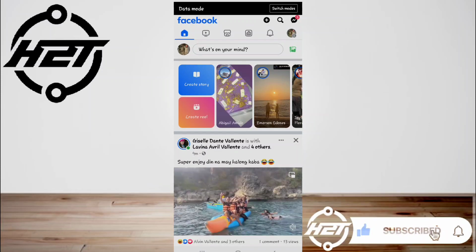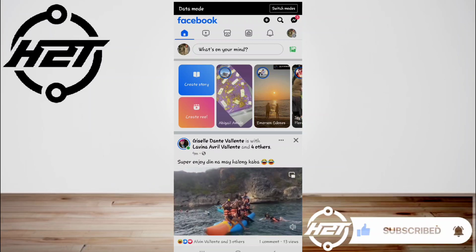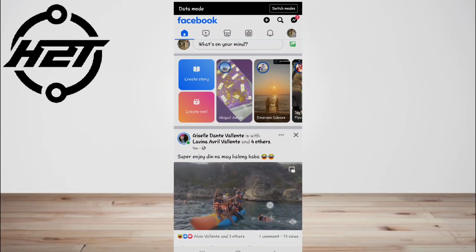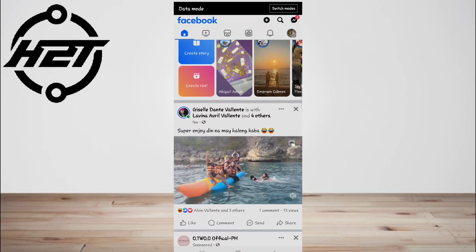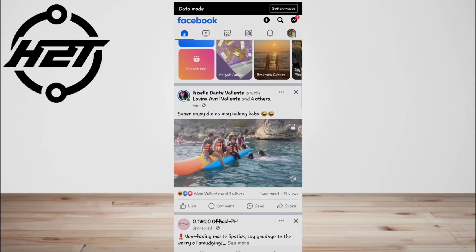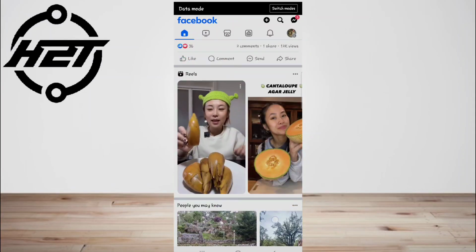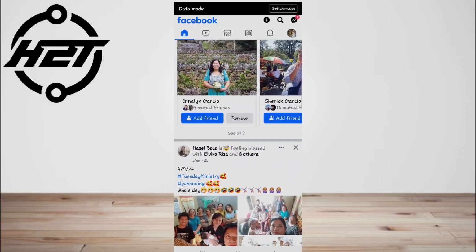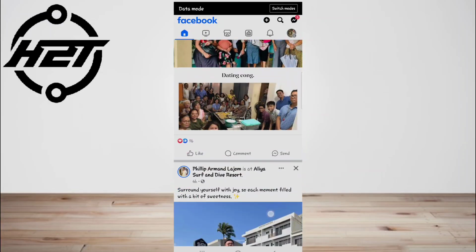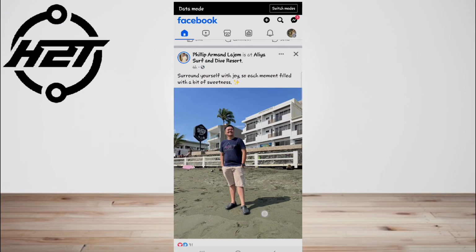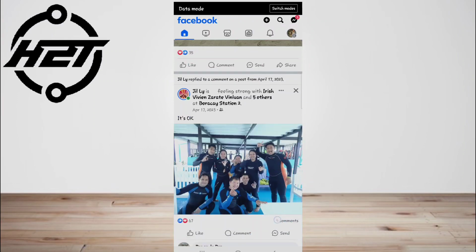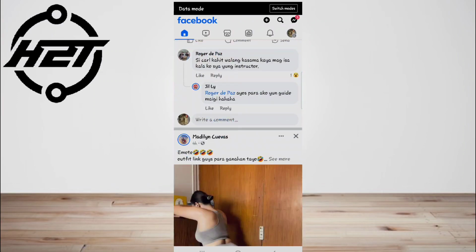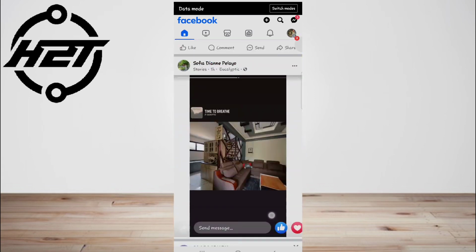Today I'm gonna show you how to change date of birth on Facebook. This change is easy to make on both the mobile app and on facebook.com. If you'd rather just hide your birthday or birth year and not actually change it, you can easily change the privacy level in your birth date settings.